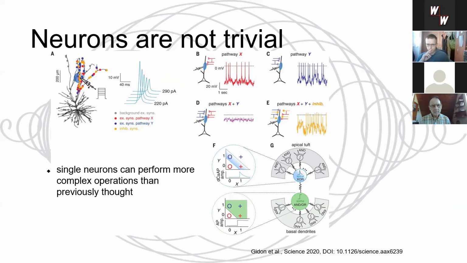And this study, published last year, has shown that there is at least one type of neurons that can do more complex logical operations. So it can do an exclusive OR. What that means is, you can think about it as, when I get an input at dendrite A, then I will fire. When I get an input at dendrite B, then I will also fire. But if I get inputs at both dendrite A and B, then I will not fire. This is a logical operation that is more complex and that you cannot explain with the classical leaky integrator model.